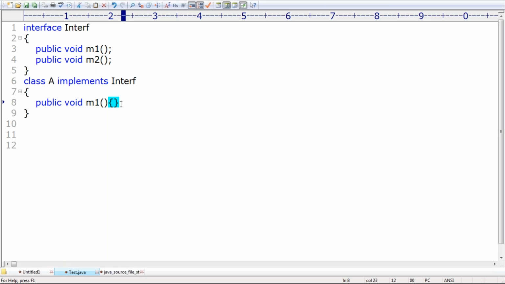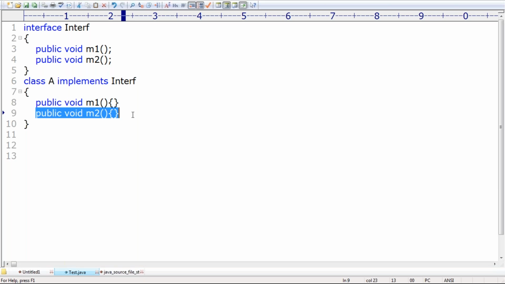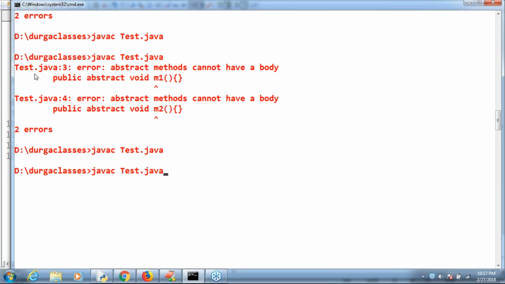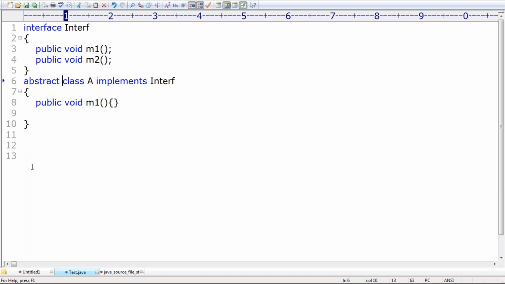First, provide an implementation for the m2 method. Sir, if I take it like this, happily the code is going to compile. No problem at all. Happily the code itself is going to compile. No issue at all. Okay, this is one possible solution. If you don't want to provide it like this, declare the class as abstract. Sir, this is the second one. Perfectly it's going to work, no problem at all. Sir, now what they are asking is,